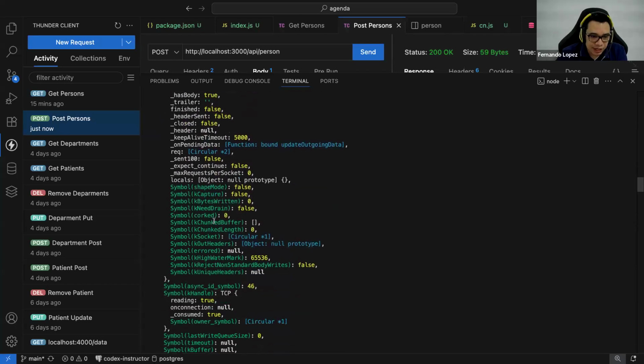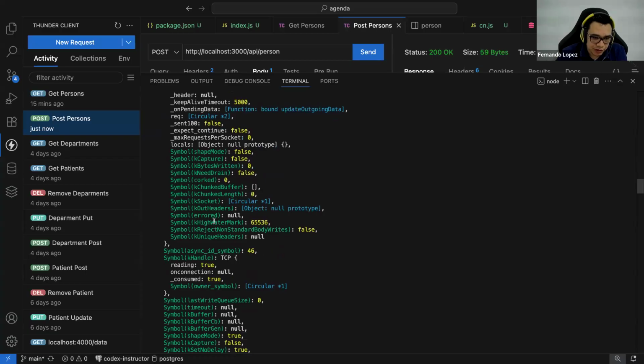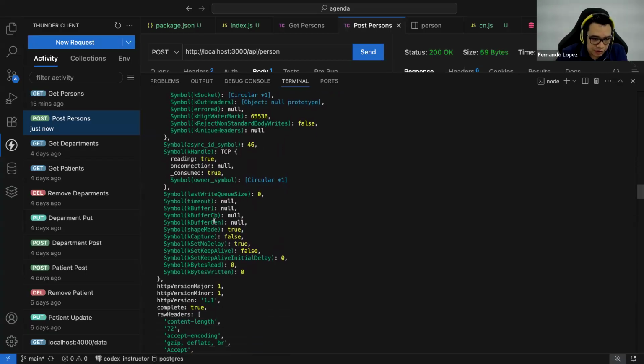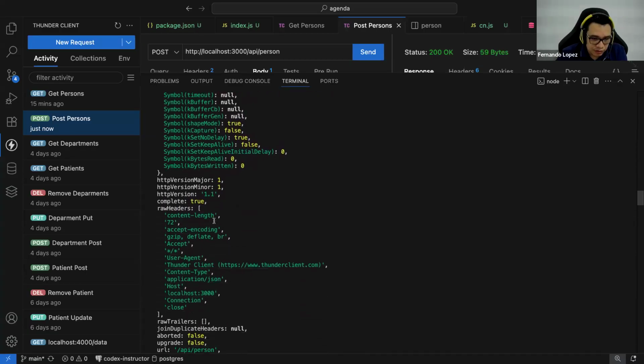As you see, you have many properties in this object. For example, here, the raw headers. We are using Thunder Client as the client that is trying to hit the URL.